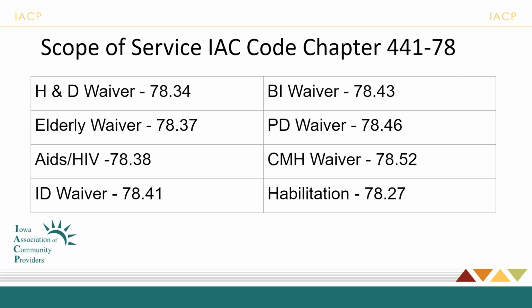I would really encourage you to always go back and check the rules, because they change occasionally, and maybe you missed an informational letter and you didn't realize that a rule changed. So, you know, if someone's saying, can I do this under habilitation, home-based habilitation, it's always good to double check yourself and go back and look at that rule and what does it specifically say, so that you don't give your staff bad information.